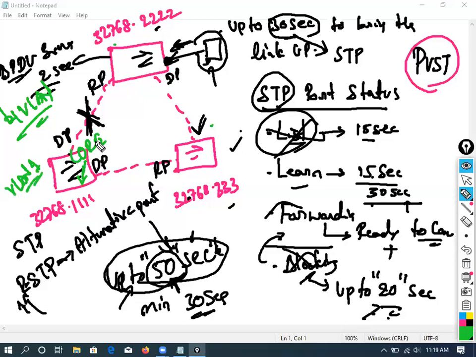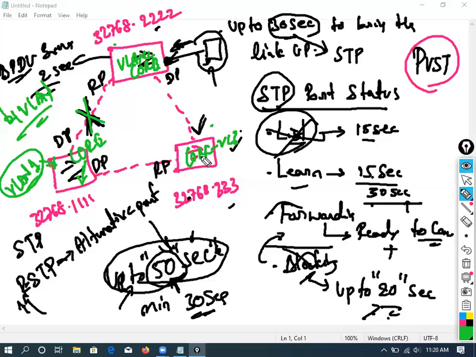Now, as per all the VLANs, this port will be blocked, right? I can make some changes here. I'm just telling theoretically, you will get more in CCNP actually. For VLAN 1, let this be the core switch, but for VLAN 2, I'm going to make this the core switch. And for VLAN 3, I'm going to make this the core switch. Is it clear? In that case, what happened?